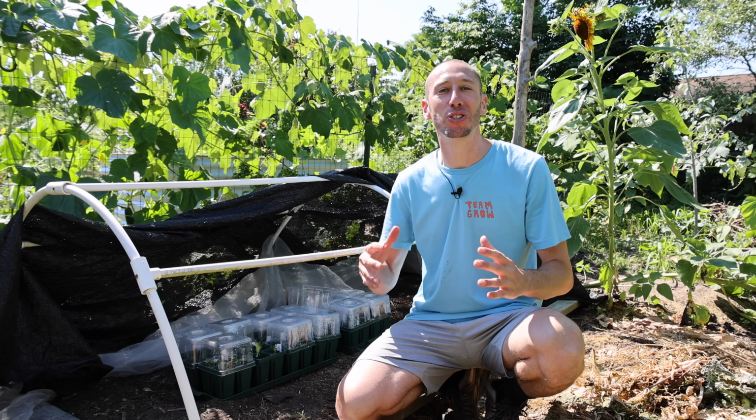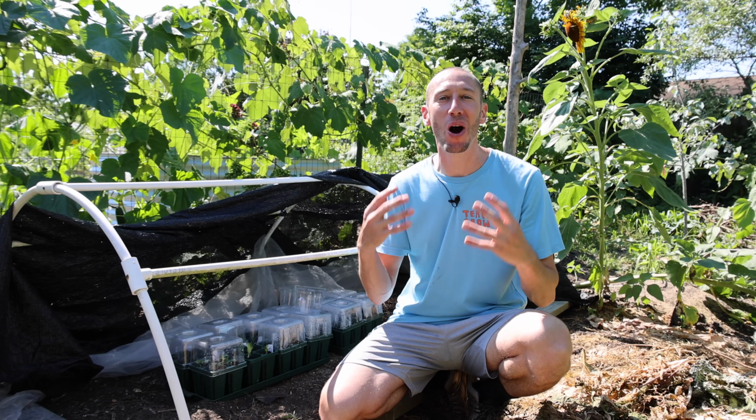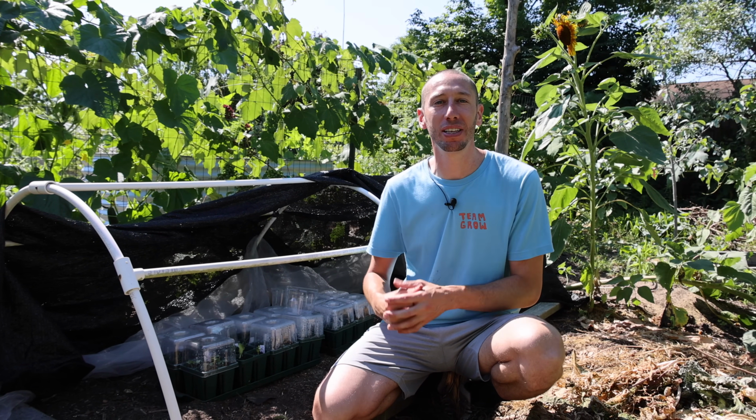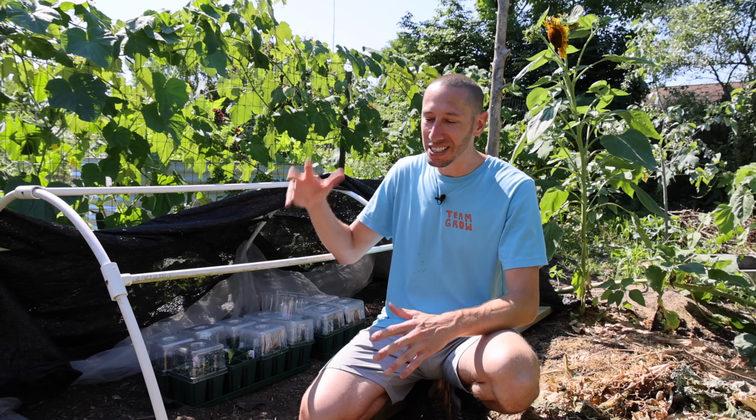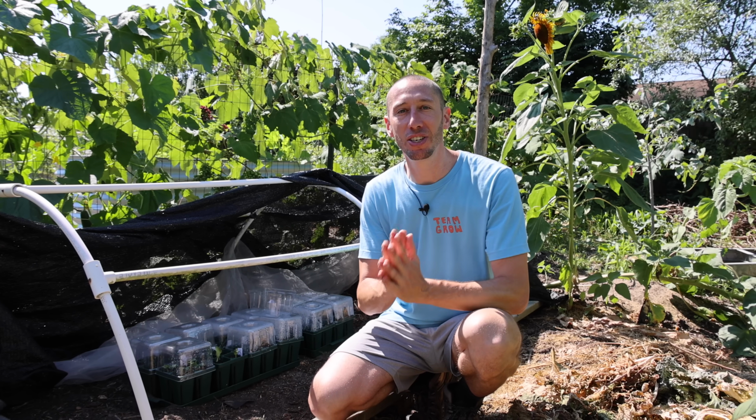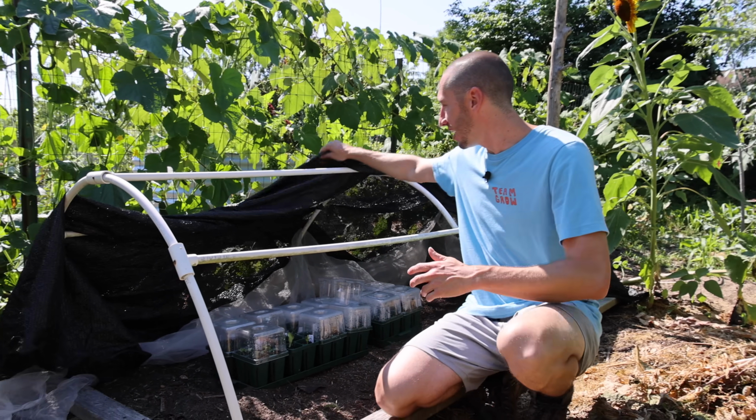One of the problems with starting seeds in July is that it's so hot, the soil dries out quickly, and that leads to poor germination. Another thing is when your seedlings do pop out of the ground, with constant sun beating on them, it can really stress them out. To avoid this, what I like to do is use a shade cloth,